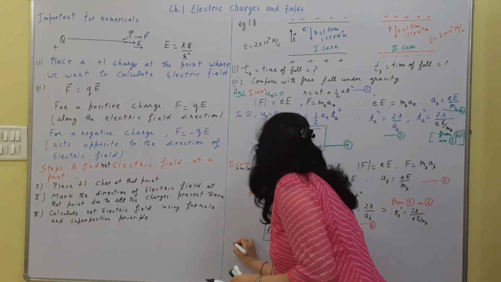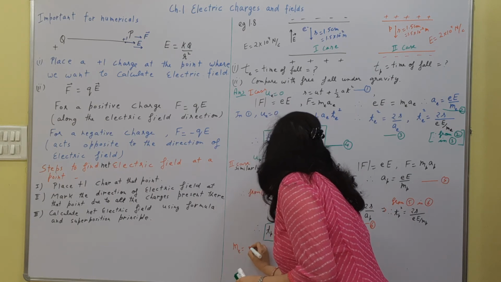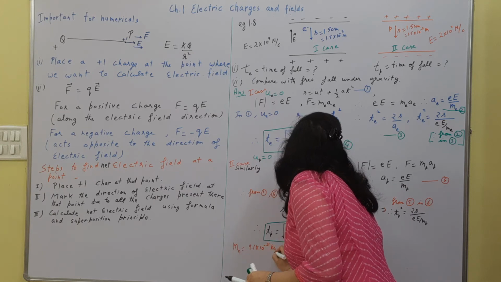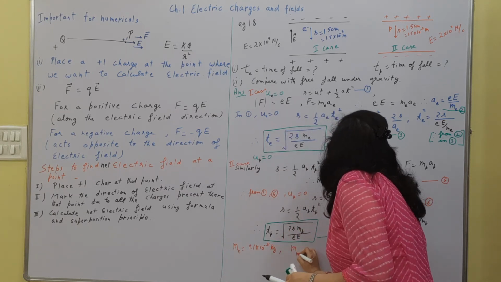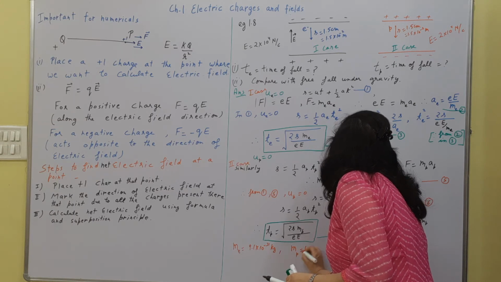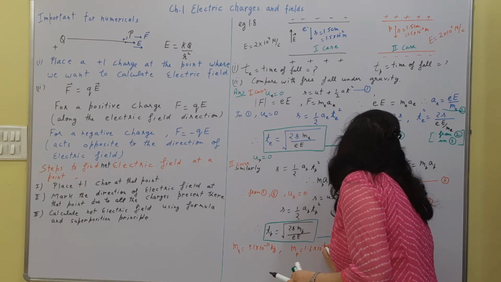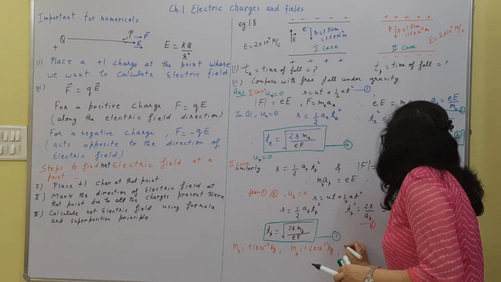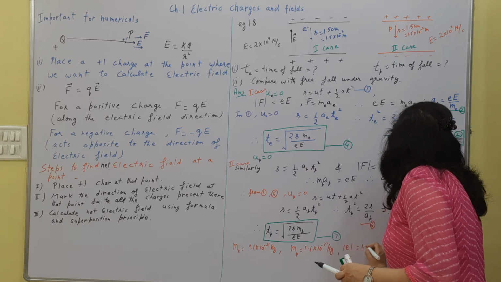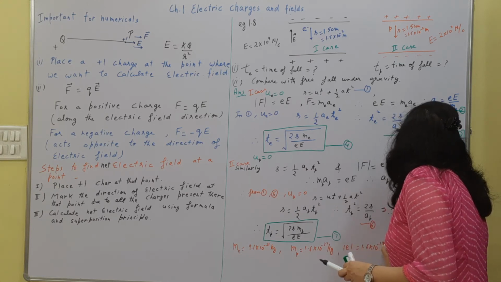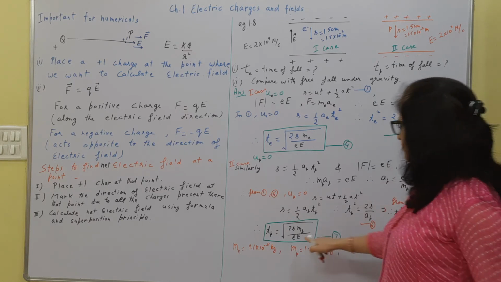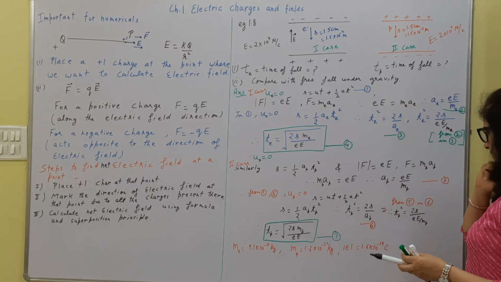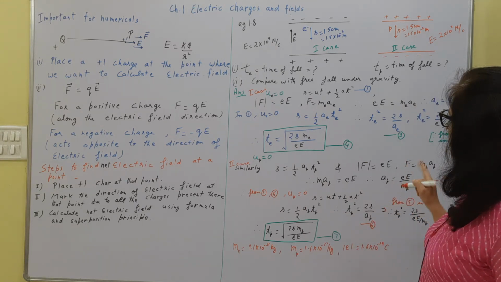So here the mass of electron, we know, is 9.1 into 10 to the power minus 31 kg. Mass of proton is 1.6 into 10 to the power minus 27 kg, and the magnitude of the electronic charge is 1.6 into 10 to the power minus 19 coulomb. The electric field and this distance are given in the question. You can solve it, right? Now this is the first case, you have to calculate it.